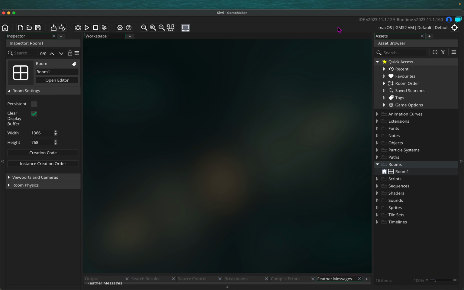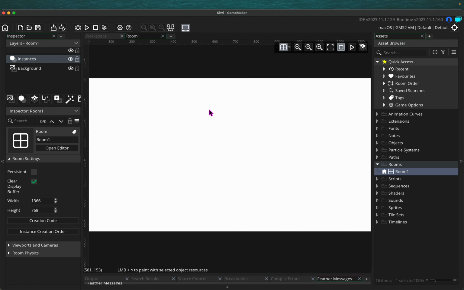We are in GameMaker Studio, and I just want to get our character animation sprites imported and then assign keyboard commands to them. First thing I'm going to do is grab a room sprite. So